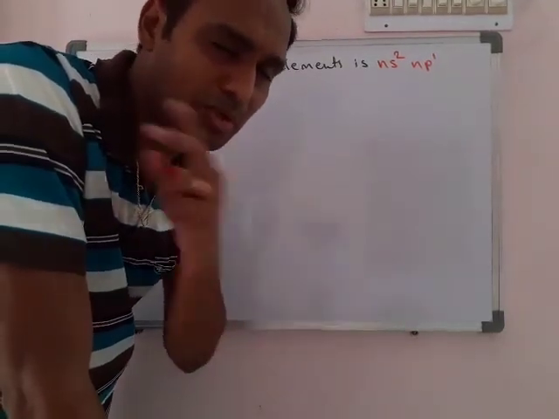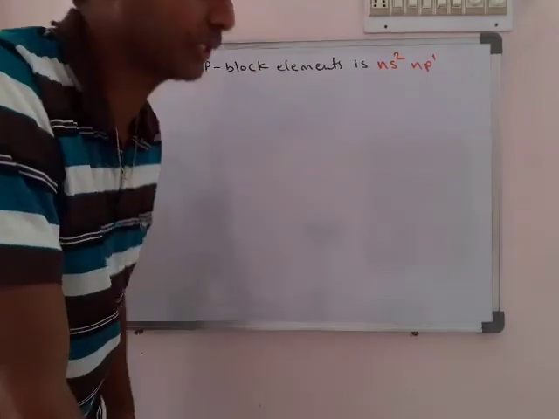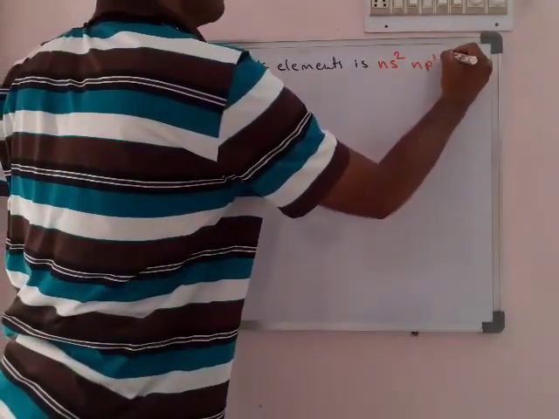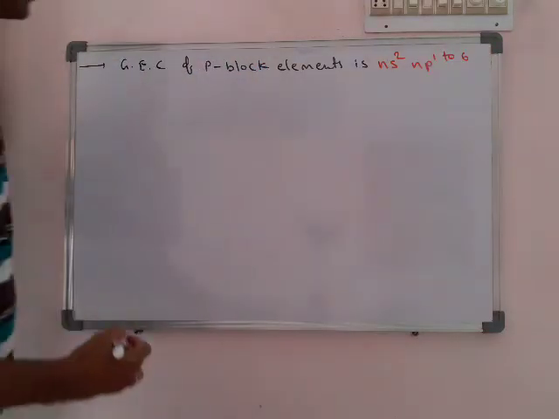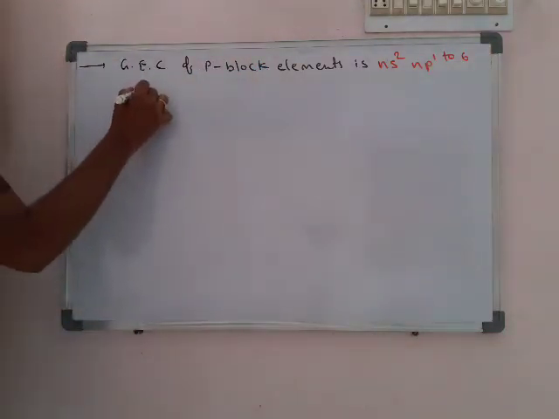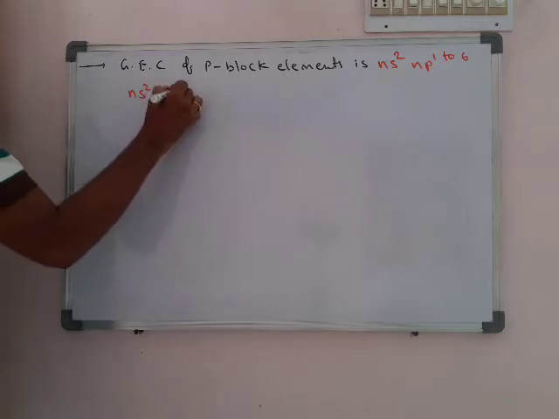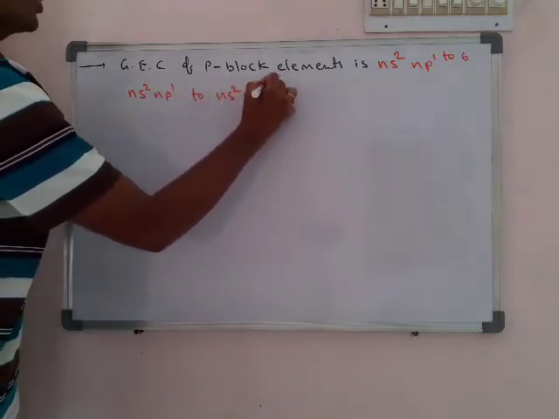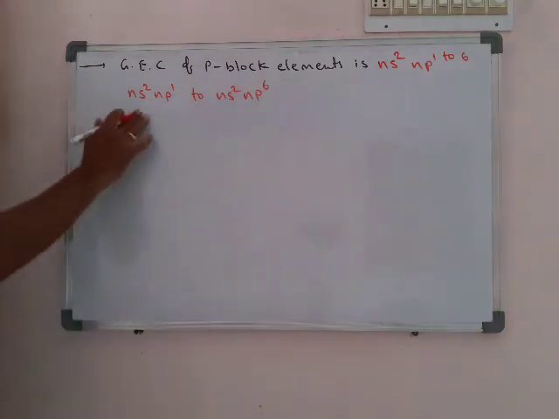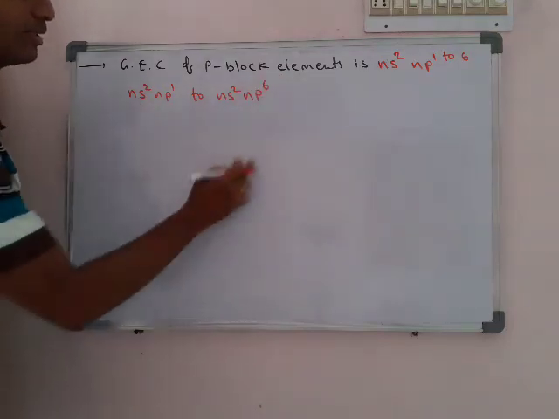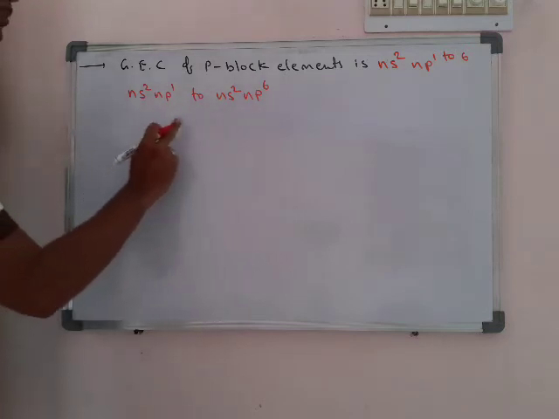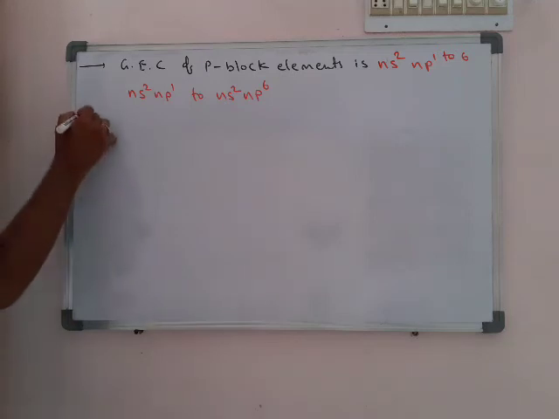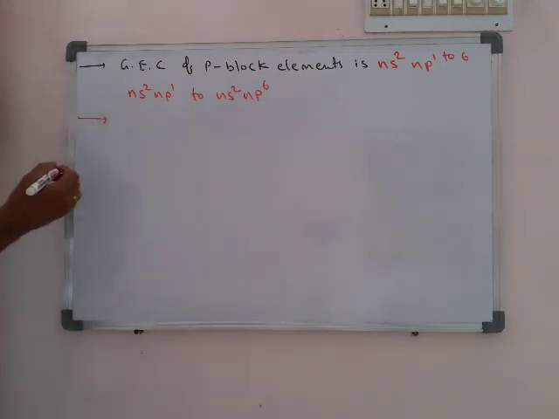సో సిక్స్త్ ఎండింగ్ పీలో సెవెంత్ పాసిబుల్ లేదు కాబట్టి 6 గ్రూప్సే ఉంటాయి. సో వీ కెన్ రైట్ NS2 NP1 to 6. సో డైరెక్ట్గా రాసేయచ్చు. ఆ టోటల్ ఎక్స్పాండ్ ఫార్మ్ రాస్తుంటే NS2 NP1 తో స్టార్ట్ అయ్యి NS2 NP6 తో ఎండ్ అవుతుంది. అంటే ఇది 13 ఇండికేట్ చేస్తుంది, ఇది 18 ఇండికేట్ చేస్తుంది. 13, 14, 15, 16, 17, 18 groups. This is the general electronic configuration of these elements. So next